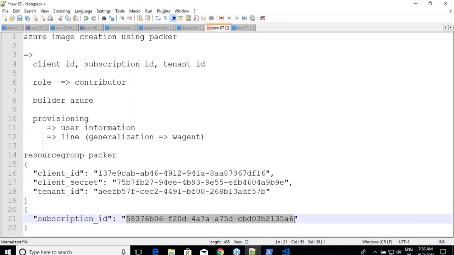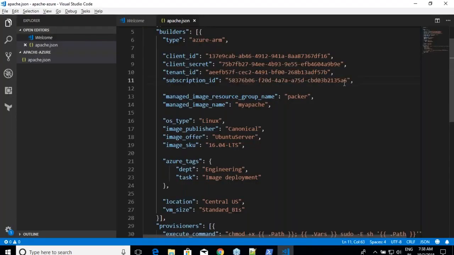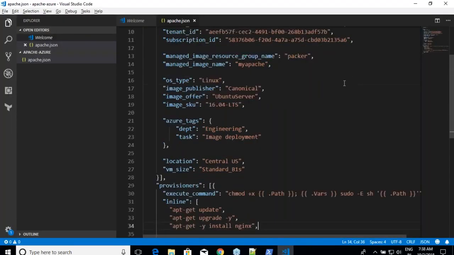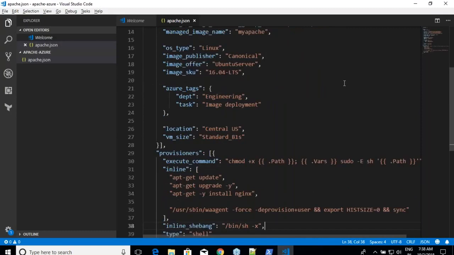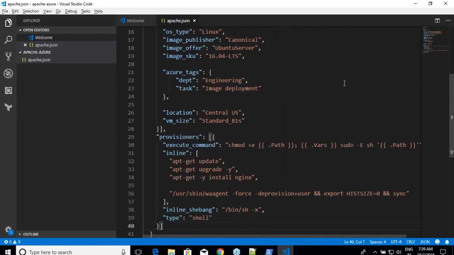Simple. Now let me come back to the provisioning script. There is no need for that inline execute command and inline shebang. We know that we are executing shell, but that is something they use to give some permissions for this file and all of that. So I'm not changing that, but I'm interested in this stuff, right? Do I need upgrade? I don't think so. What do I need? I need to install.